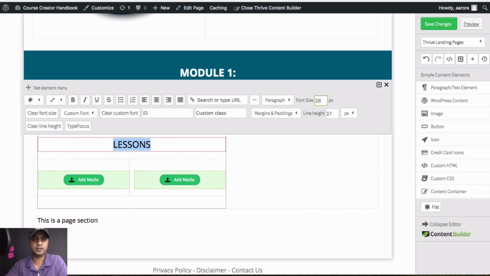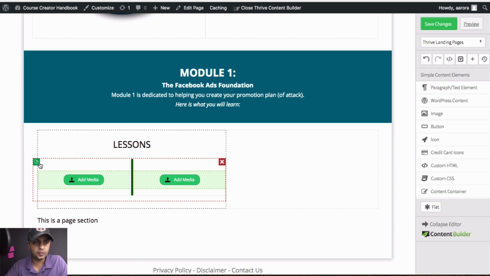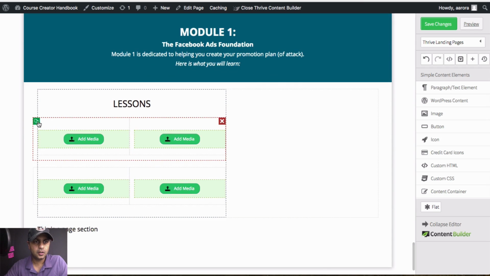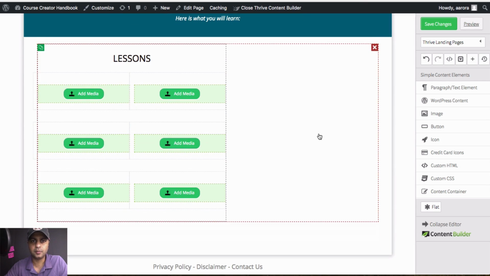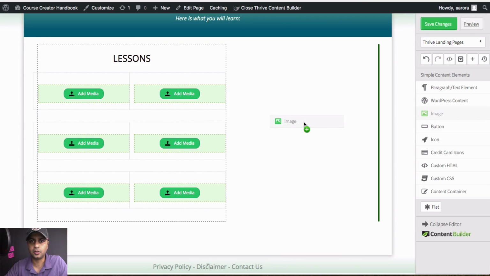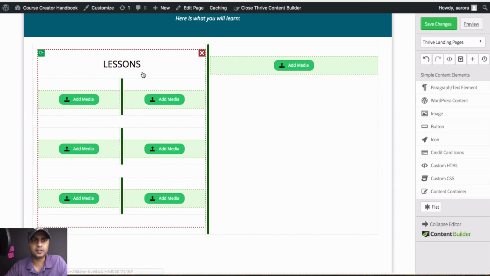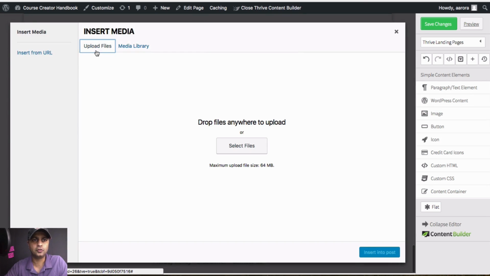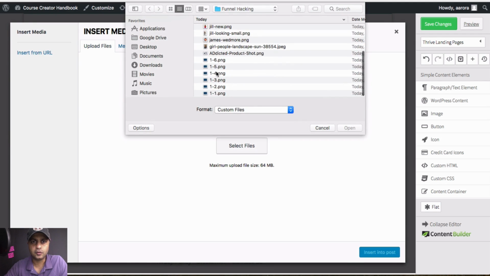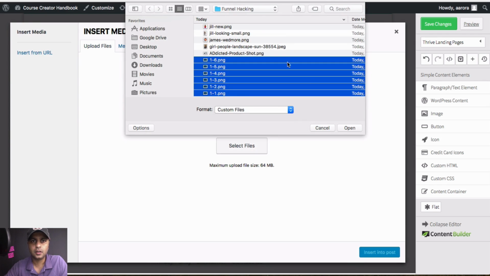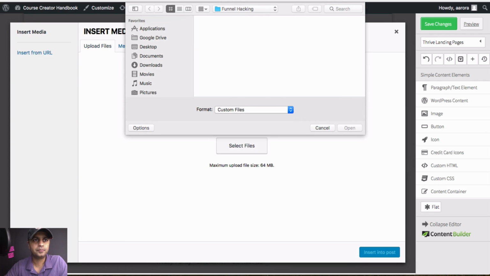Let's go with 26. And then I'm just going to copy these media things here. So now we have our 6 images, and then 1 image is on the left here by itself. So let's add those modules 1 through 6, and I have those here, 1 through 6, plus I have the